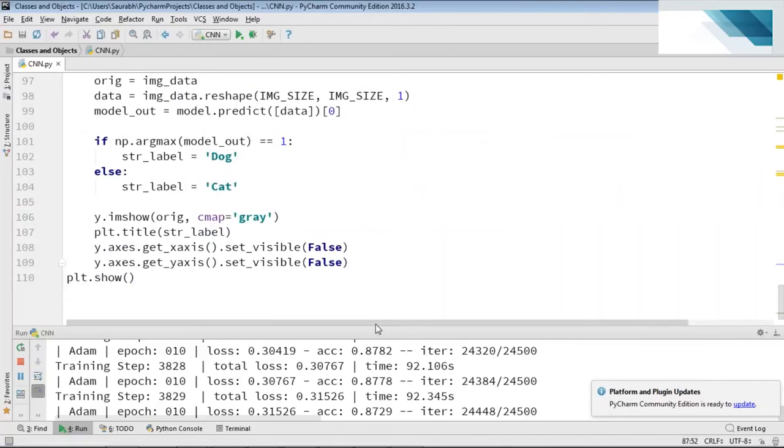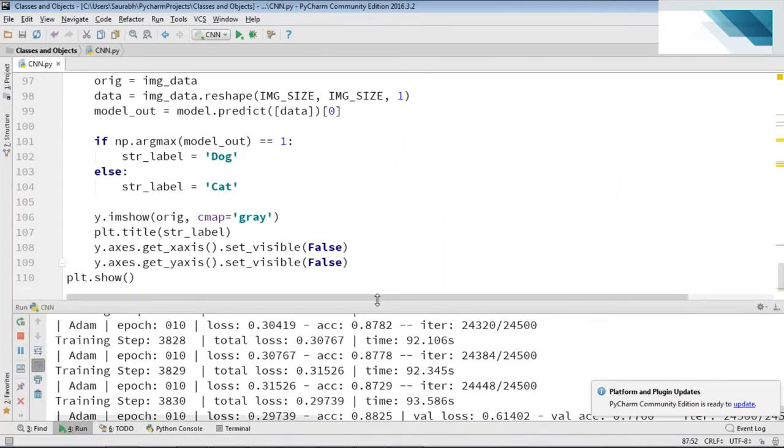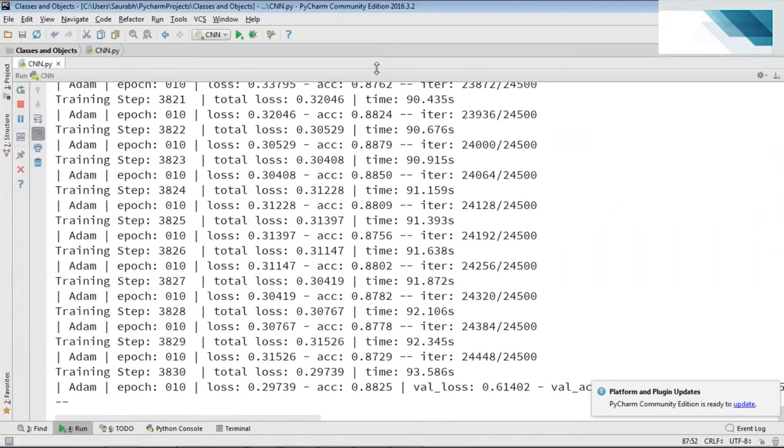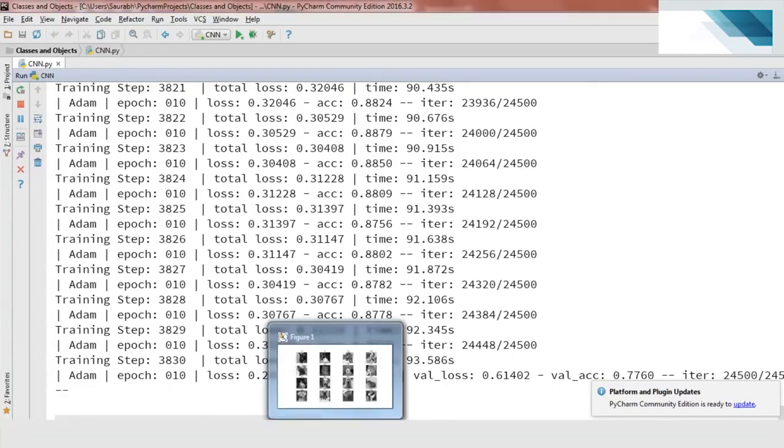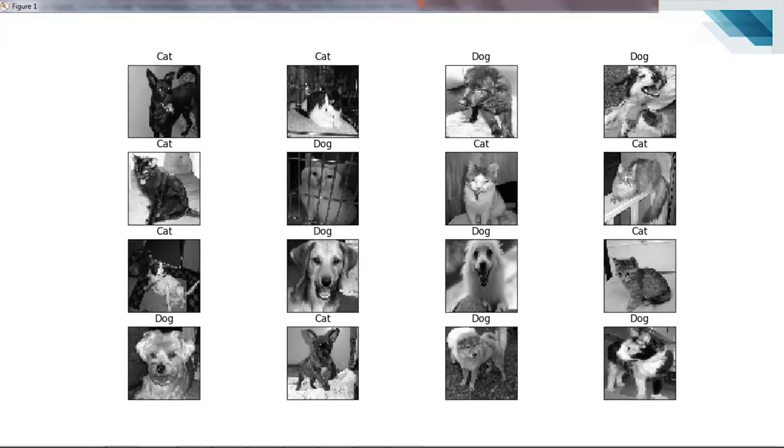I've already trained the model because it takes a lot of time, and I cannot do it here. You can see that the loss after the 10th epoch is 0.2973, and the accuracy is somewhere around 88%, which is pretty good, guys. I've also done the prediction on the test data, so let me show it to you. This is the prediction it has done on a few of the images in the test data. So it is a cat predicted as cat, cat predicted as cat, cat, and there are certain dogs as well.